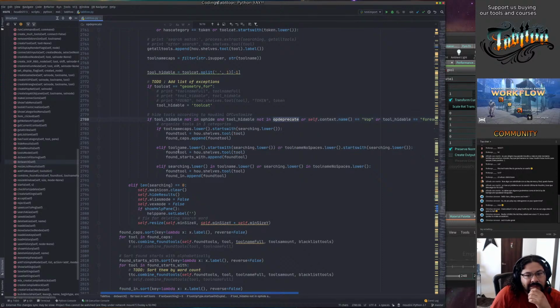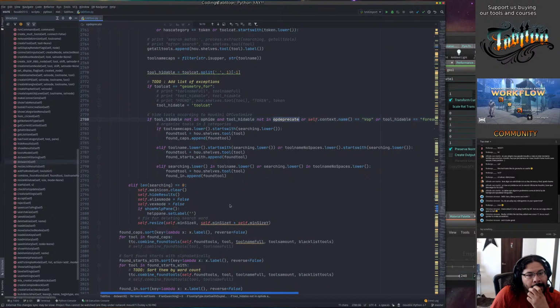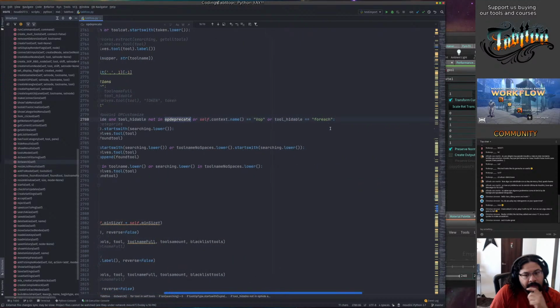How come it's just... can add an exception here, or I should have a list of tools that you shouldn't hide, or